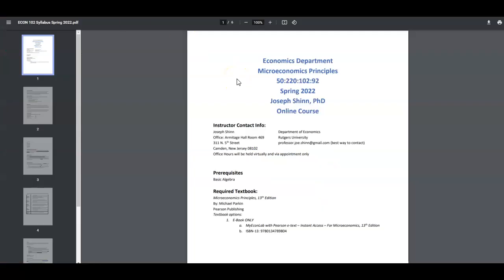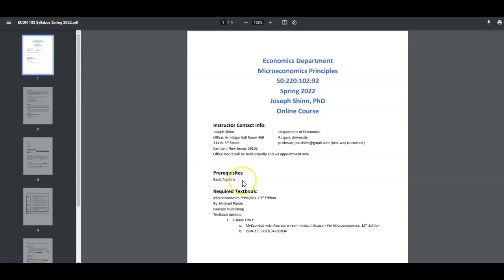So again, this is Microeconomic Principles, spring 2022 semester. Here's my information. I do have an office, but for the time being, I'm only holding office hours virtually and by appointment, and that will be done through WebEx and Zoom.